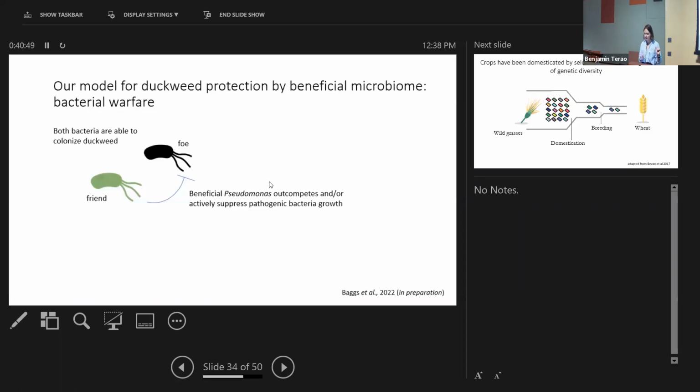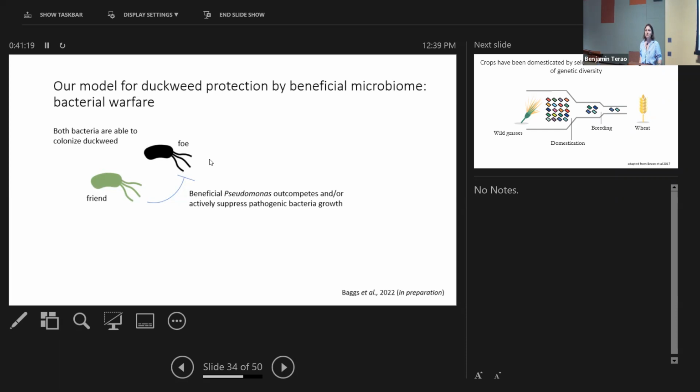But our model is that duckweed antimicrobial peptides probably do play a role, at least for some pathogens, but it's up for testing. But definitely there are friends, and now we've confirmed that the friend actually colonizes the duckweed in the wild, can go through stomata and establish itself inside duckweed, and it's able to help duckweed